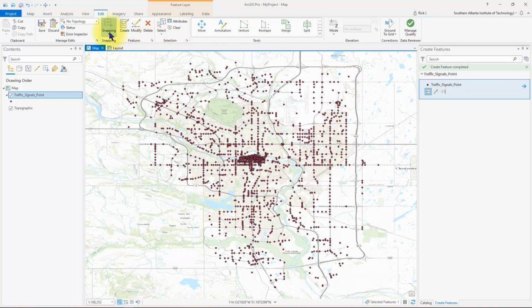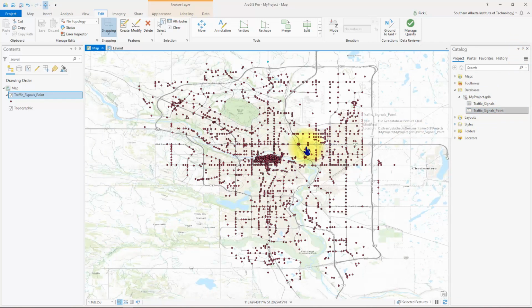Also keep in mind that you've got some snapping options here, so you can change some of these snapping options if you'd like to tie these points to existing geometry. So once you are done adding your points, you should click the save button. Don't forget to click save and save all of your edits. So if you're finished drawing, then you can close the create features,